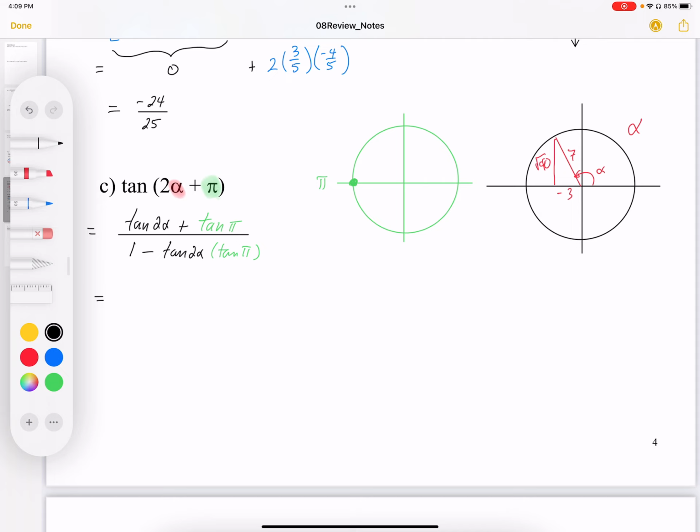And we end up with tan of pi, the slope is 0, so we end up with tan 2 alpha over 1, because tan 2 alpha times 0 is equal to 0, and this is equal to 0, so we end up with just 1 in the denominator. Now, why is that the case? It's because no matter where we put the 2 alpha angle,